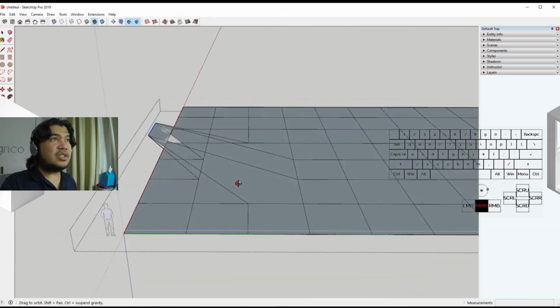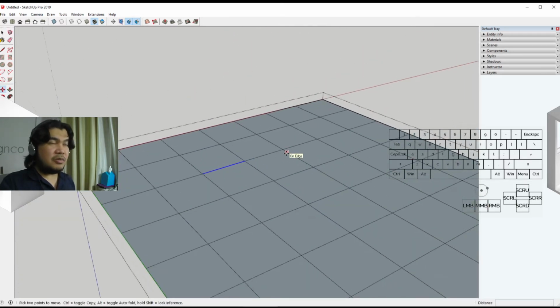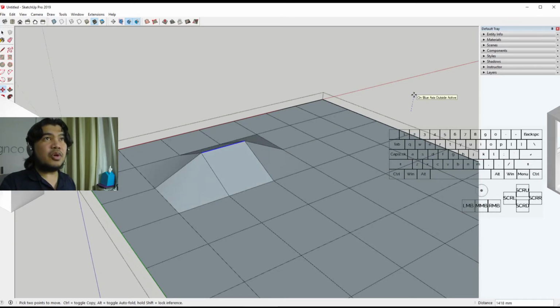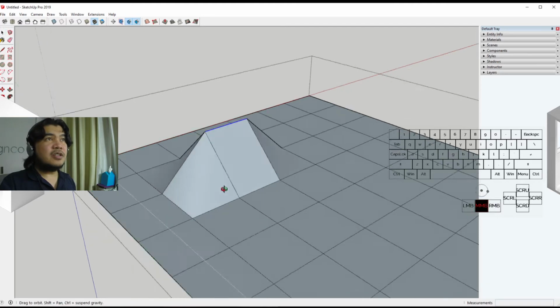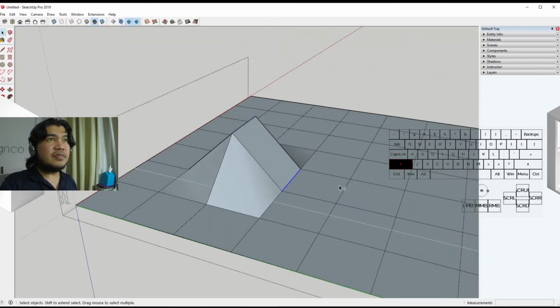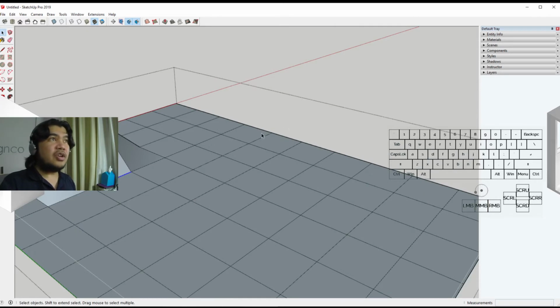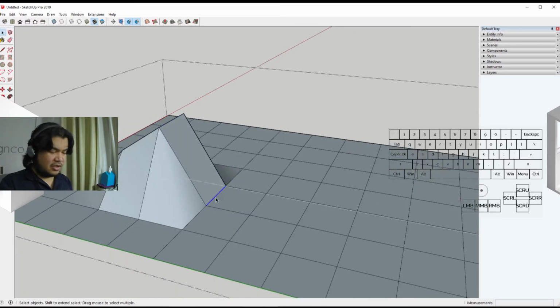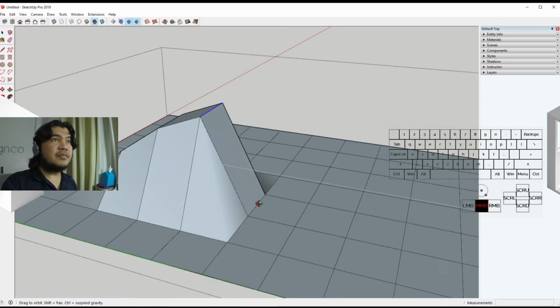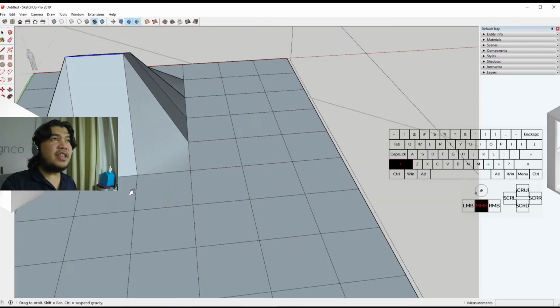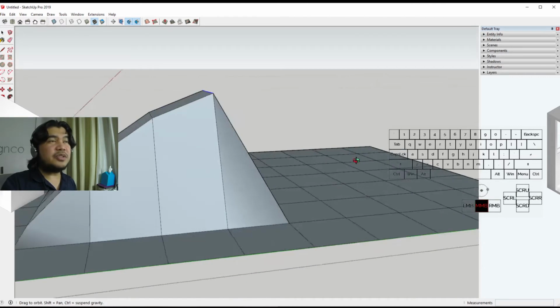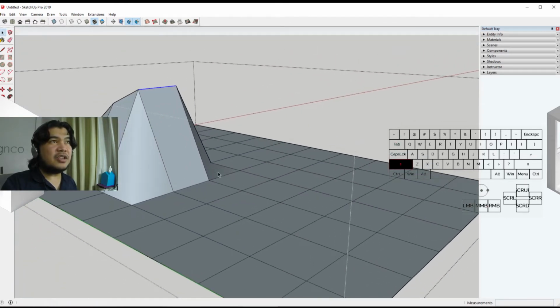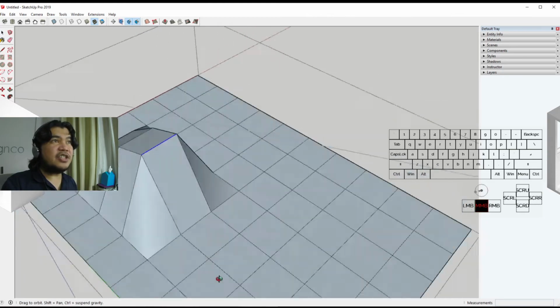And what you will see is, oops, yeah, we want it to move upwards only. What you can see is that somehow you can create sort of mountainous design using this type of geometry. It might take a while, but there are other tools that might help you create a desired shape, like